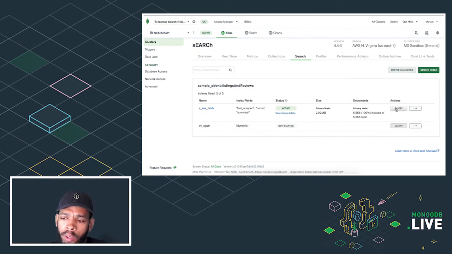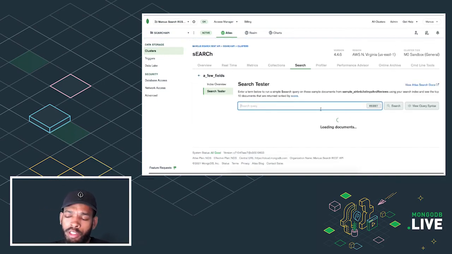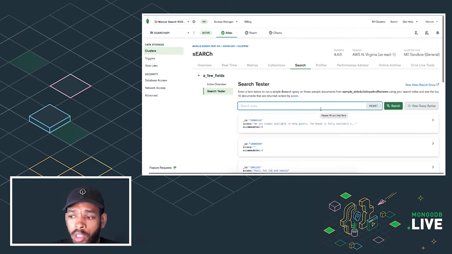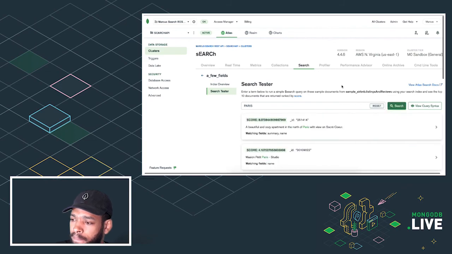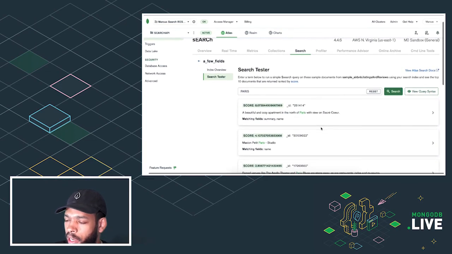Now I'm going to query the few fields index just to show you what it looks like. You click query from an index after you've created it and it's built. You get to the search tester. And I'm going to do all caps Paris to demonstrate some of the power and flexibility of Atlas Search. And there you have it.